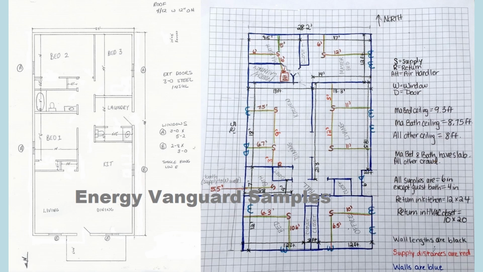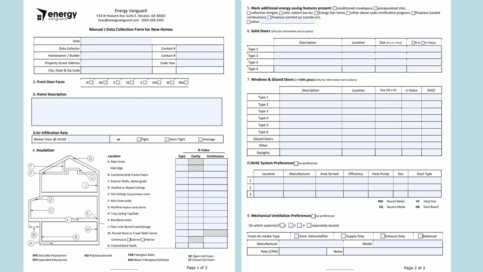Now, for very complicated, architecturally interesting houses, you probably need to take the time to be a little more detailed in your drawing. Some people will actually use laser tape measures to get more accurate, detailed information. That's great to do. If you just use a regular tape measure or a wheel-walking tape measure, those can work as well. Again, the more complicated the house is, the more accurate those measurements probably need to be. Then you want to start recording things like the description of the house, the blower door number, if you got that,